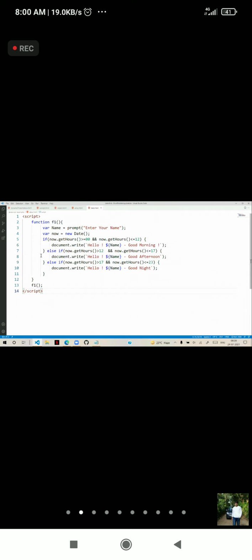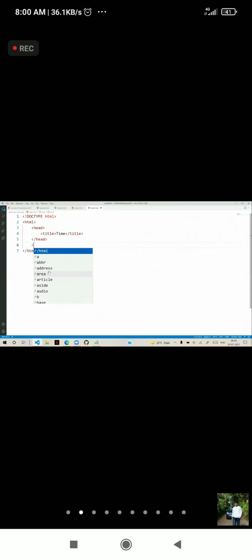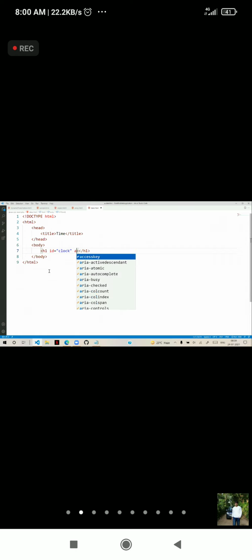For example, let's create a doctype HTML, head and title, time, and in the body section, suppose we have a heading. Just roughly, I defined the heading ID as clock, and align to center.